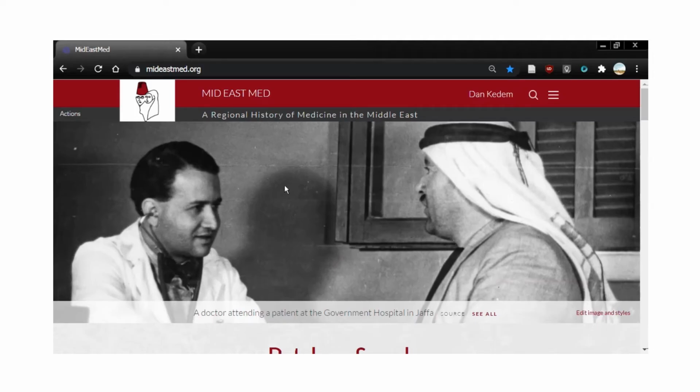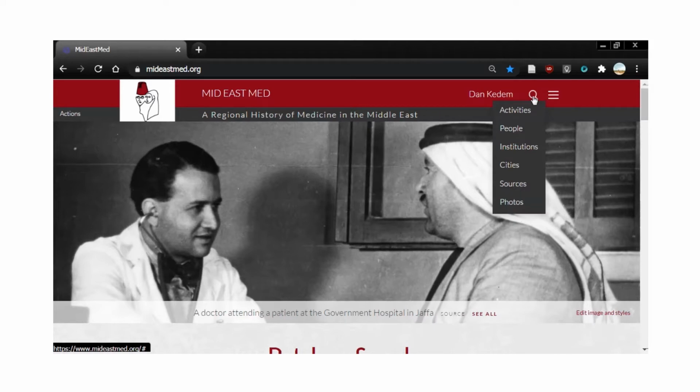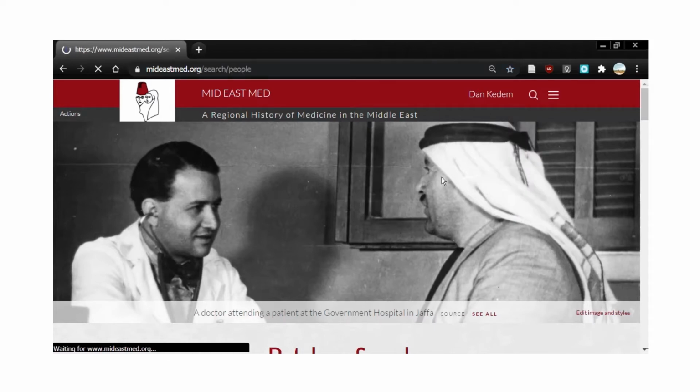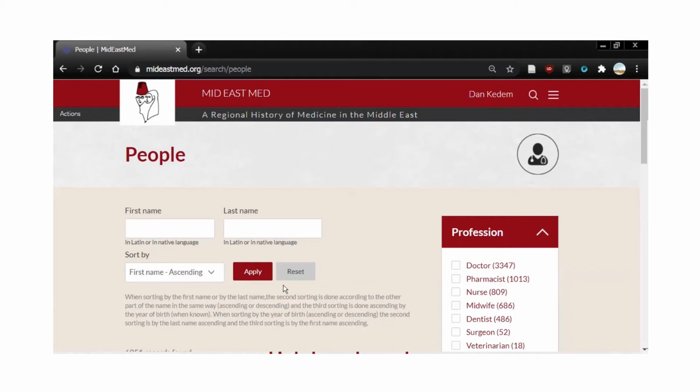The next thing we all have to do is to check whether this person already exists in the database. This is to prevent duplications. Click on the search icon and choose people from the menu. In the new screen that appears, we will run a search. We will check both first and last names, and of course cross-reference them. I strongly recommend that you check different versions and use different spellings of the same name, to make sure. This person is in fact not in the database, so I can move on to the next stage, that is